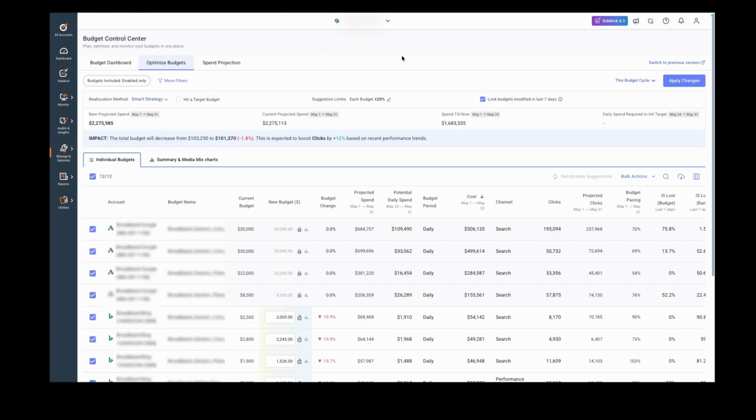In here, everything across every account in the portfolio loads in one view. The system has already run its analysis and surfaced suggestions. At the top, you can actually see the projected impact. It's estimating a 12% boost in clicks from the proposed reallocation. You can always switch the optimization strategy to conversions or ROAS, and the suggestions will update instantly to reflect that